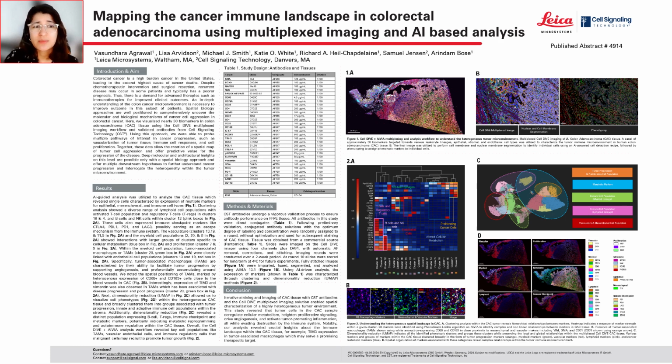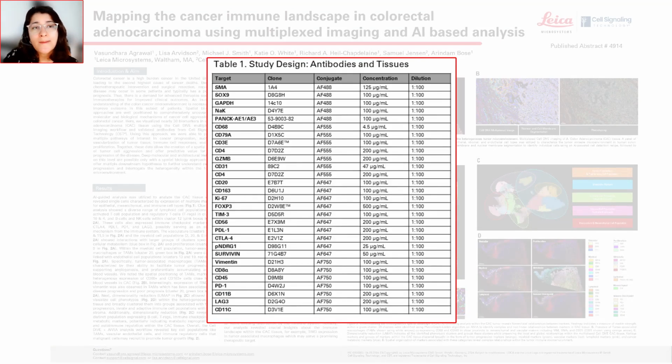Using this approach, we were able to probe multiple pathways of interest in cancer progression, such as vascularization of tumor tissue, immune cell responses, and cell proliferation, among other key molecular players within the tumor microenvironment. First, let's take a look at Table 1, which highlights the panel of CST immuno-oncology antibodies used in the study. The CAC tissue was imaged on the Cell DIVE imager using 4 channels plus DAPI with automatic autofluorescence removal, corrections,